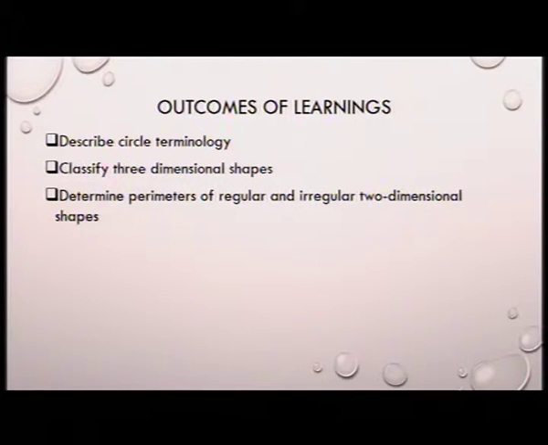And then we determine the perimeters of regular and irregular two-dimensional shapes. In other words, we need to know how to calculate, for example, the perimeter and the distance around an object of an irregular or two-dimensional shape. For example, if you have a stone, how will you know the volume of that stone? Those are the things that we want to learn how to do